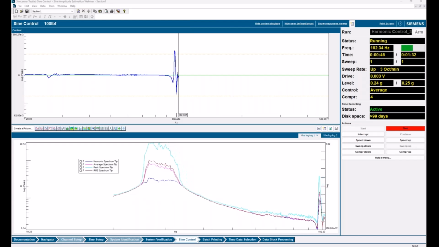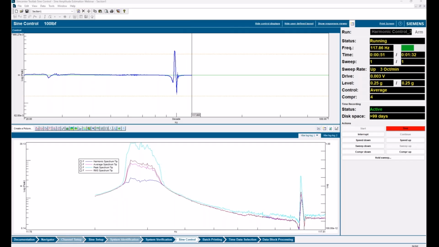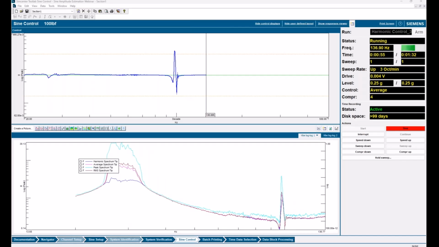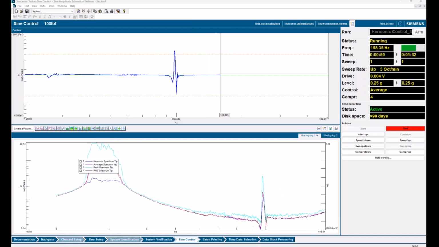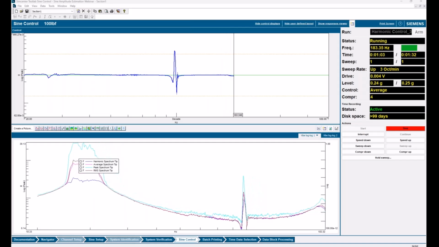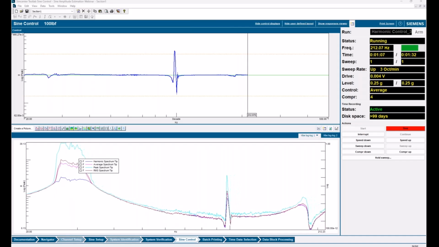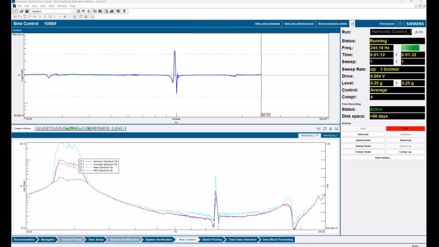We're going to go through another area. We get a little bit of weirdness going on. And again, you can see what I'm talking about here.